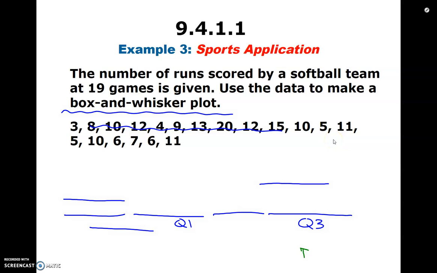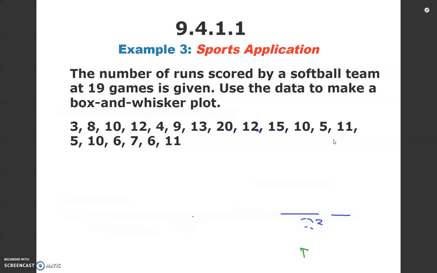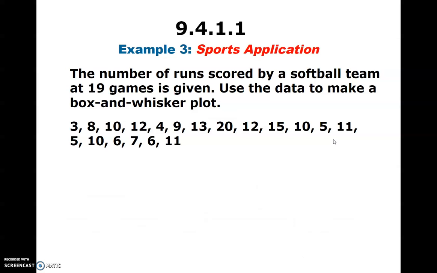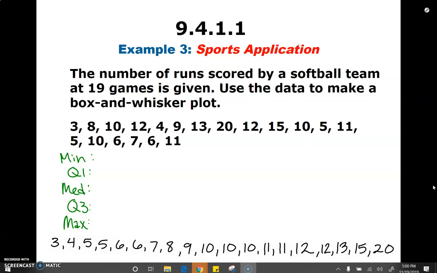Okay, so let's try it ourselves. We're going to start with the minimum. We should start by listing the minimum, Q1, the median, or in other words Q2, Q3, and the maximum. Those are the 5 numbers in the 5-number summary that you will need in order to construct a box and whisker plot. And to save us a little bit of time, I've lined these up from least to greatest